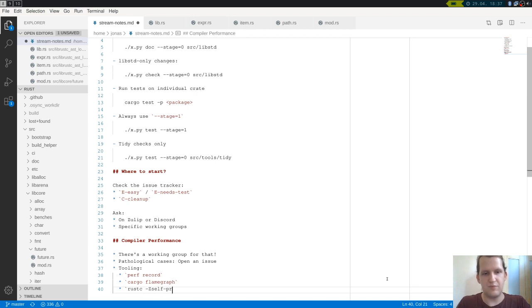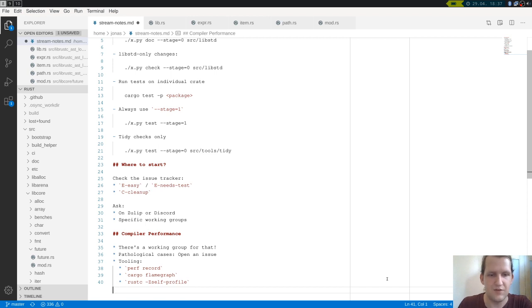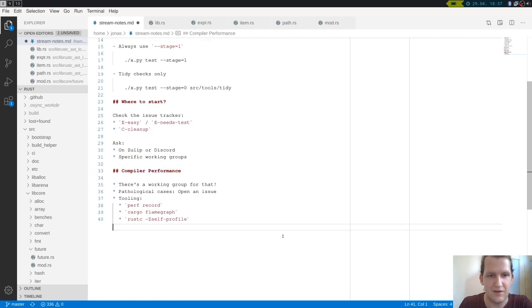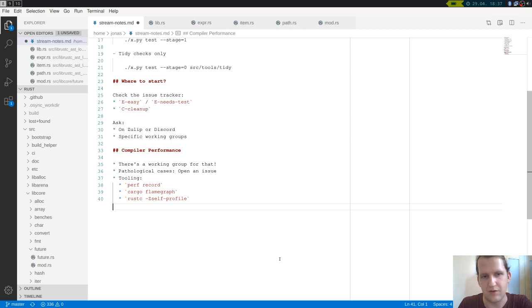We do have a self-profiler built in, which is also listed in the rustc dev guide. So if you run the compiler with the self-profile, it will actually collect internal statistics on how long certain queries inside the compiler are taking. For example, type checking the body of a certain function is a query, and it will record that